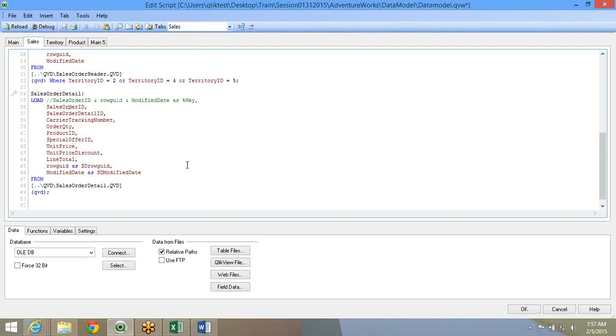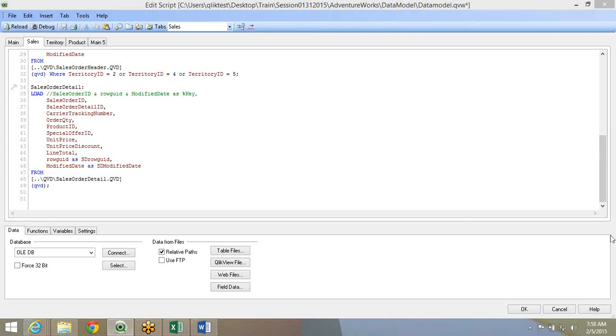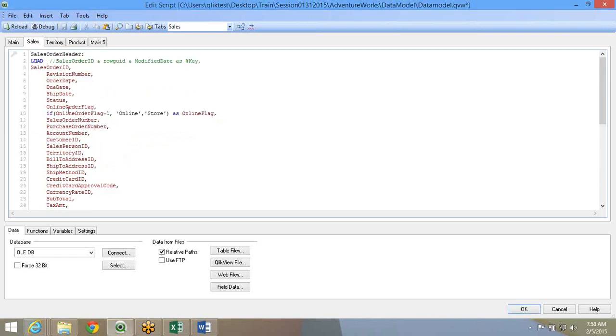So the method that you employ while SQL querying is maybe you do a left join to reduce data, or you put a where in clause where you pick up those sales order IDs and restrict it over there, and do a lot of other querying or mashing up of queries. Now, in QlikView, what they have done is made it even simpler. Like I said, if you use the where clause, it's very complicated. There's no where in option, but if you look at the QlikView options that are available, it is very easy to do what we are trying to do.